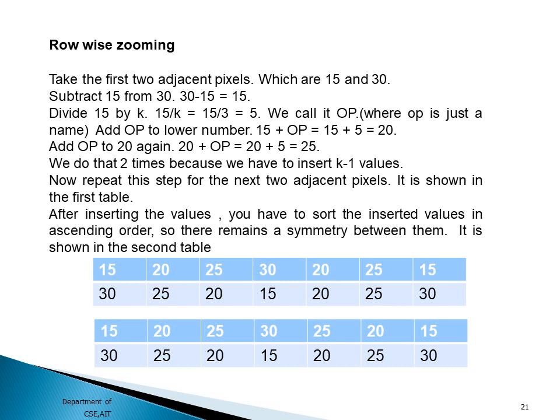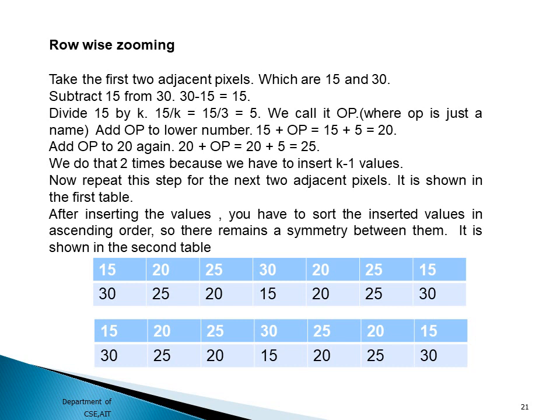It will not stop here because the k value is equal to 3, so we are going to do it twice. Again we take this OP value and add it to 20. Then I am going to get the value 25. This 25 value is placed at the next position. Like this we are going to repeat it for the set of pixels which are coming after, between 30, 15 and 15, 30 also.